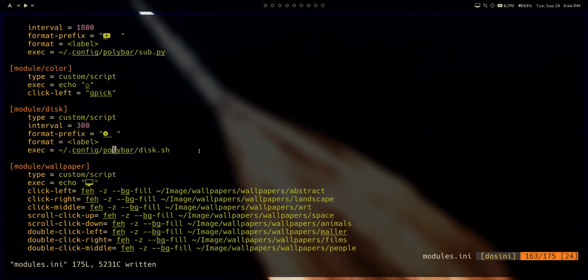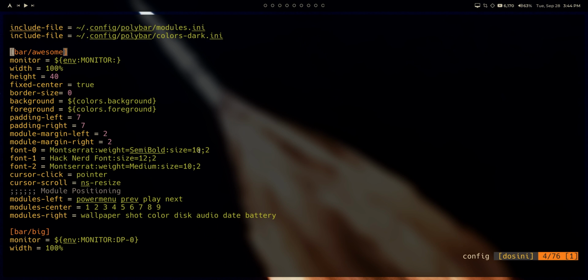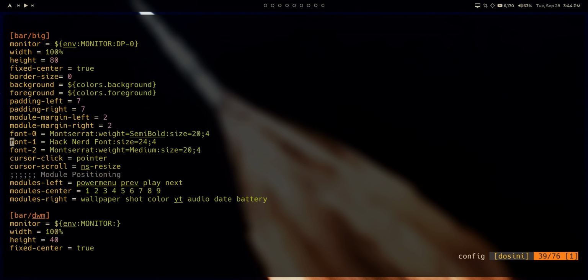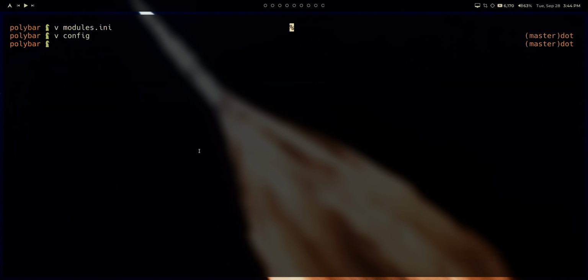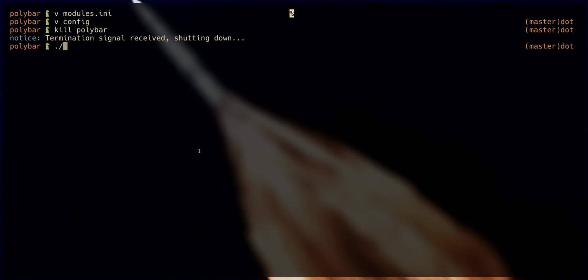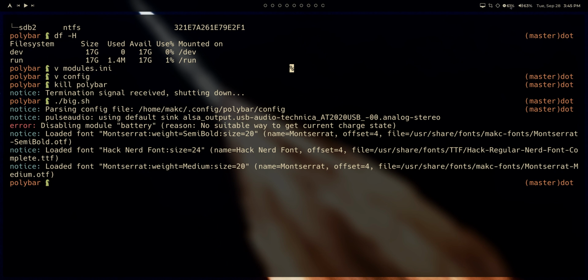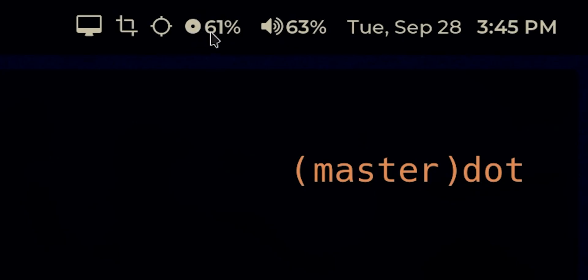Go ahead and save. And then from here, all we should need to do is go into the normal config, find our bar. And then what I'm going to do is let's maybe replace this YouTube counter deal with the disk module. And in theory, I'm going to have to manually kill and restart Polybar because I've got some weird stuff going on here, but don't worry about that. You can see, hey, look at that. Now we have, instead of that YouTube sub count monitoring thing, we've got a nice little script that's going to print out the percentage used on our